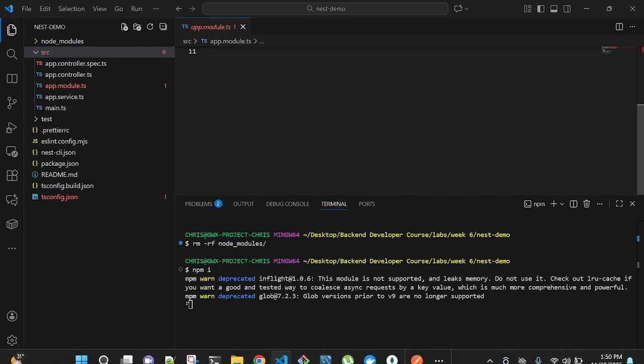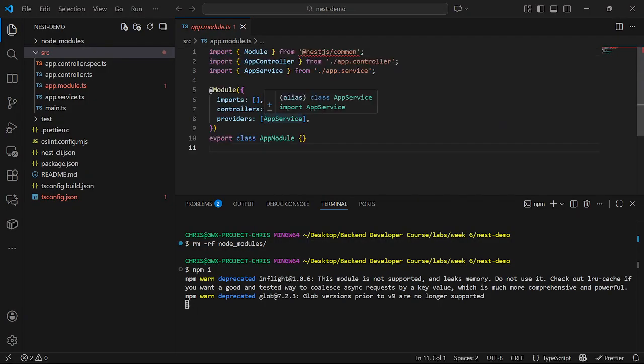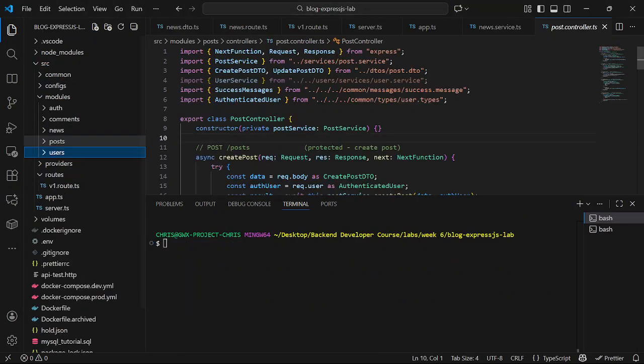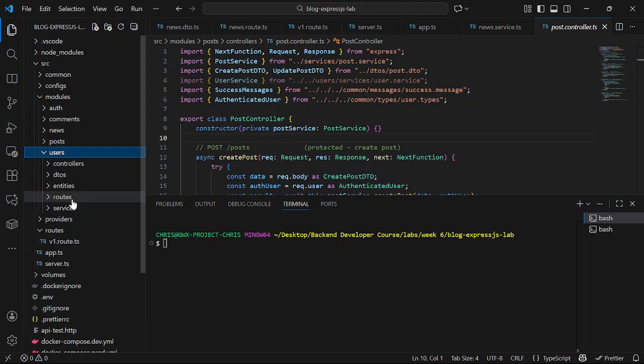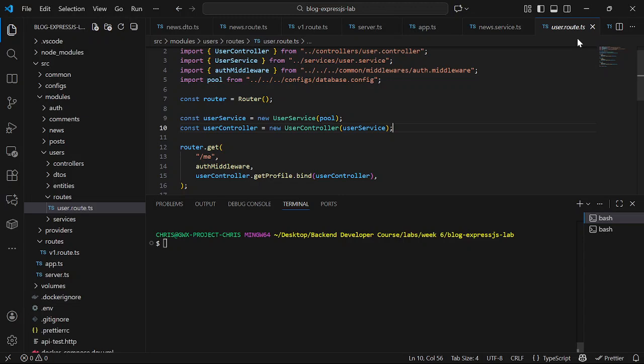So any item you give as a provider will be instantiated, like they will create an instance of it. Here in our routes, we are creating instances of everything by ourselves, but NestJS will manage this for you.